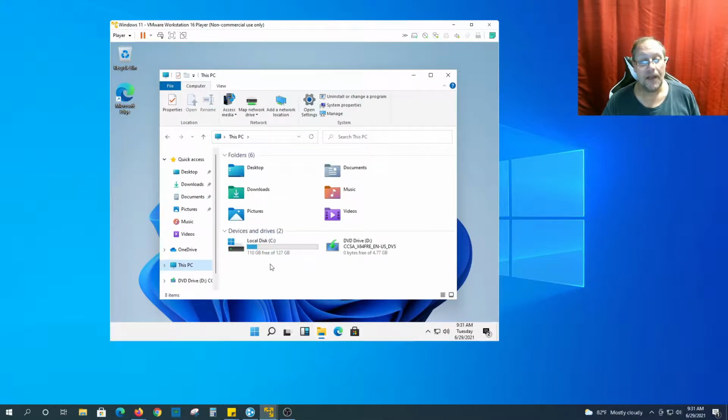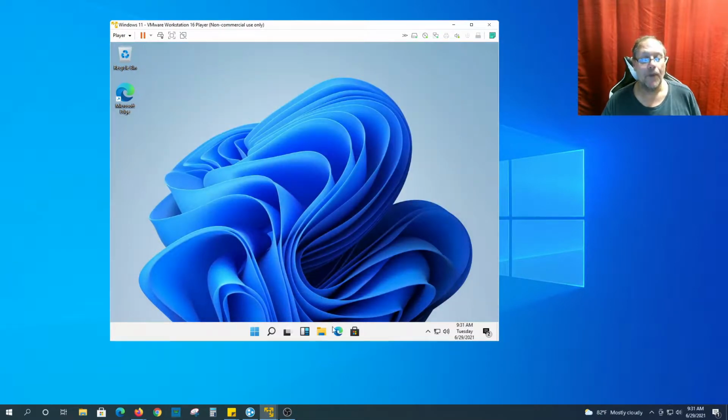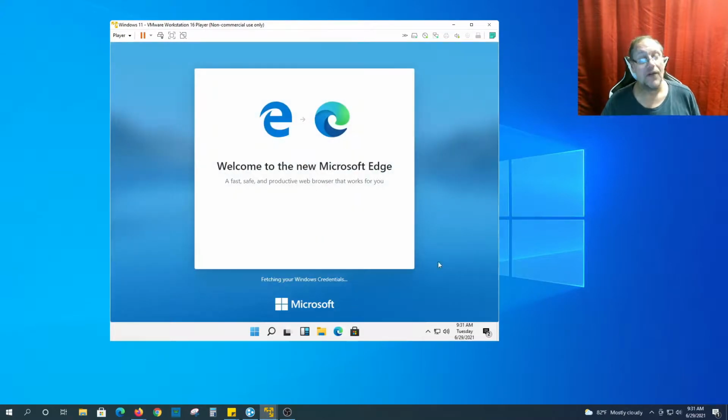This PC, you can see, and that's the ISO that was the installer. So it took up about 16 gigs roughly for the operating system, and of course you can see it's pretty quick. Of course, Windows 10, when it was first introduced, was very quick too. So yeah, to go get anything off the internet,